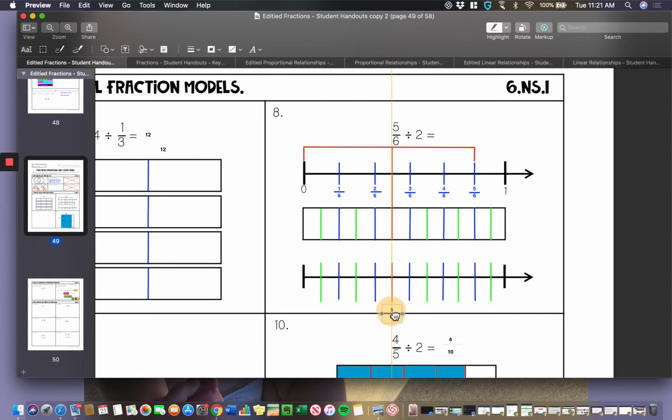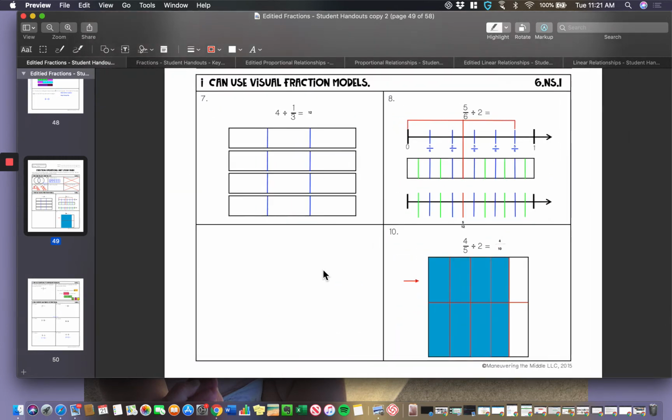So your answer is going to be 5/12. For number 9, I eliminated that problem. For number 10, we have 4/5 divided by 2. So the thing that we did here was,